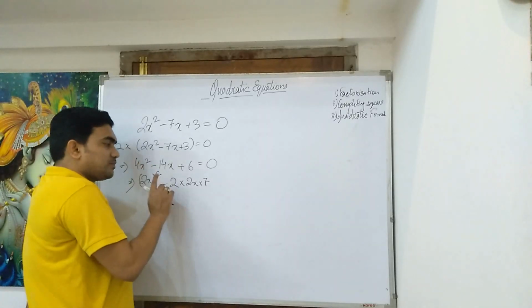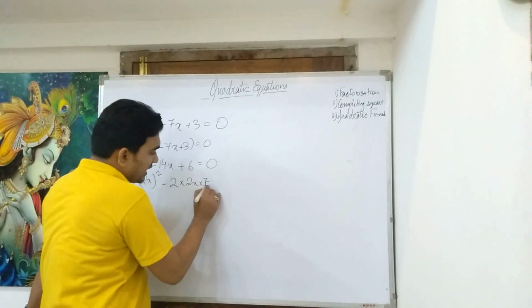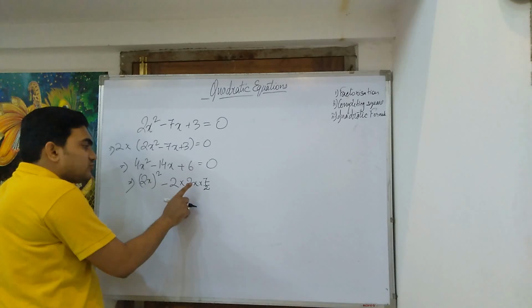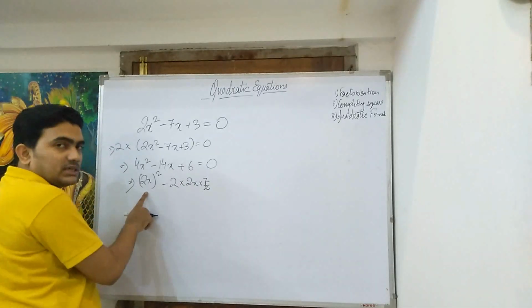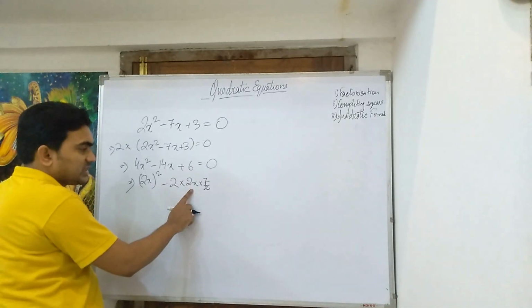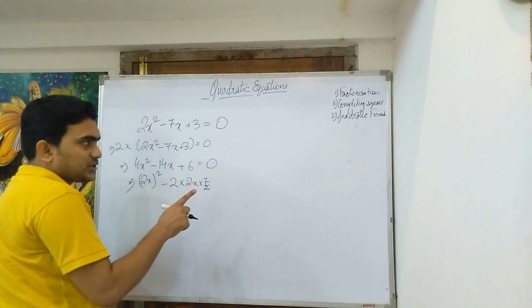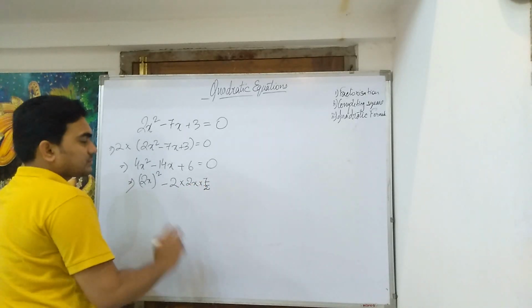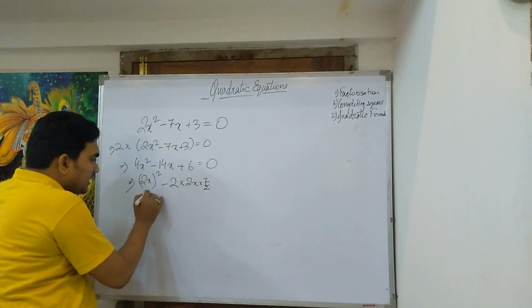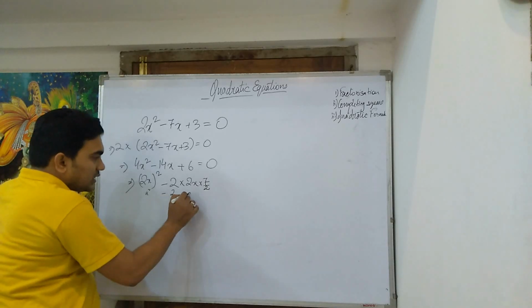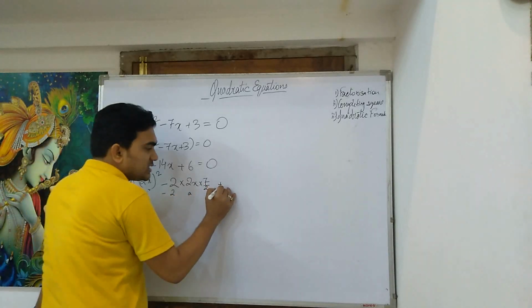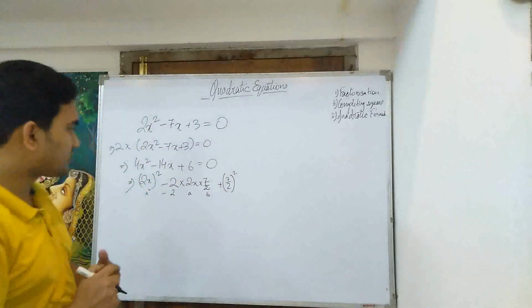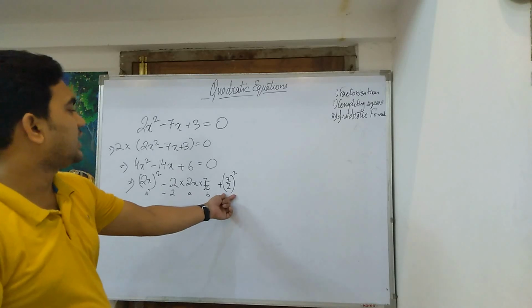So in order to balance out these two, we will divide this by 2. Why only 7? Because we cannot do anything with twice x. We have twice x here. We cannot change the value of twice x. So we have only one option. We have to manage with this 7. So this is a square minus 2ab. So now my b square is going to be 7 by 2 whole square. So I have introduced this new term in the equation.